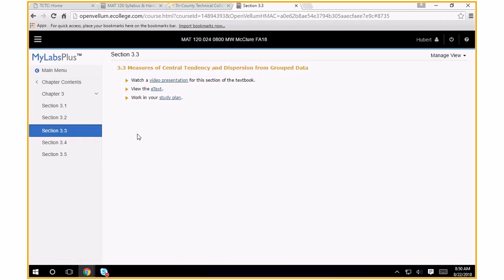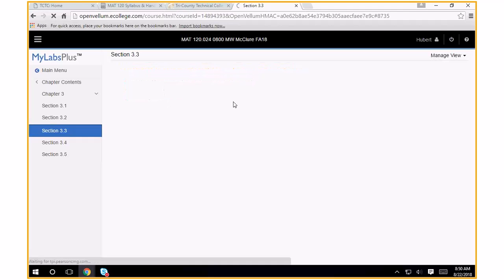So when you go to chapter contents, that's extra. Extra resources like the video, extra problems, and that's where you get the ebook. You can also get the ebook several other ways. I'm going to show you that in just a minute. But I'm going to go ahead and go to the study plan because I'm going to show you